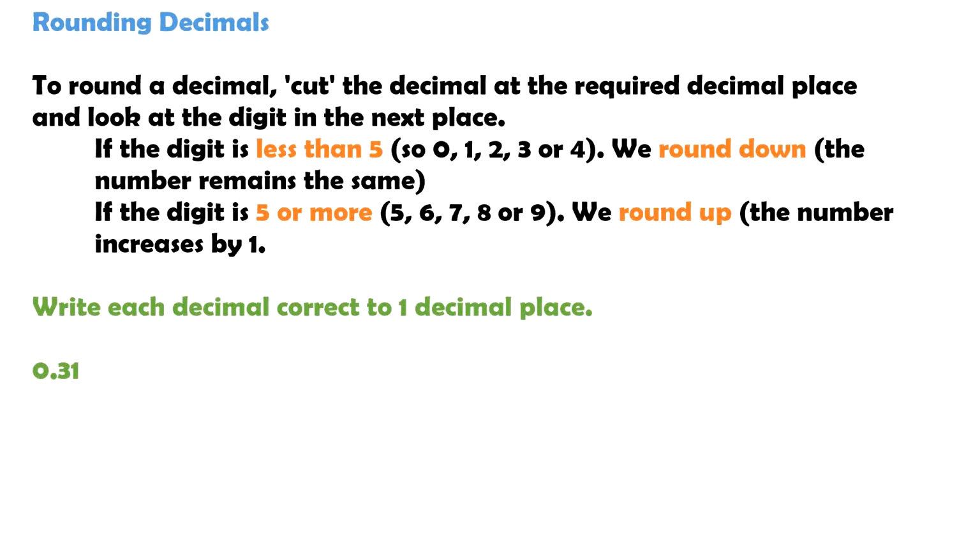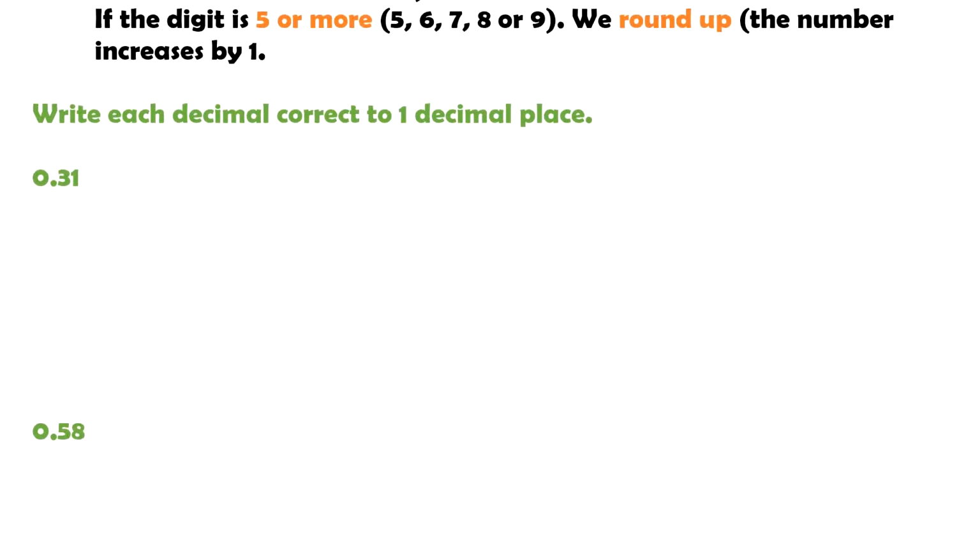Now, if the digit is 5 or greater, that means 5, 6, 7, 8, or 9, we round up, and that means the number increases by 1. So here, we're going to write each decimal correct to one decimal place. So we have